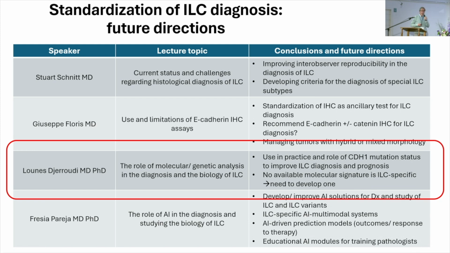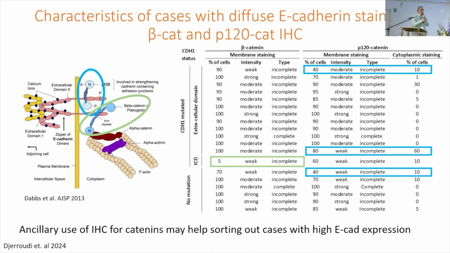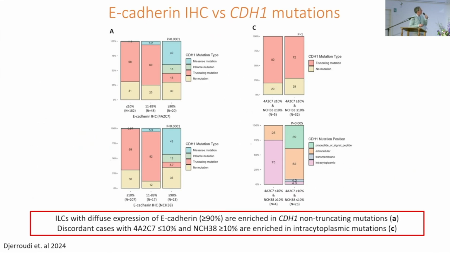So the next point was the presentation of Dr. Gerudi. I hope that is pronounced correctly. Sorry, Lunas. Here it is once again to highlight that, despite the fact that it might not be so frequent, adding catenin staining can, from time to time, help in the difficult diagnosis of lobular carcinoma that might have higher expression of E-cadherin, especially in the presence of a CDH1 mutation. This is once again to highlight the fact that the type of mutation, truncated versus non-truncated, can